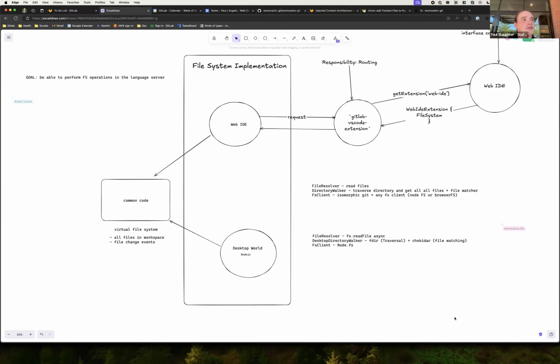Let me think. Like you launch the web IDE and pull up source/index.ts. That URI of the file, is it a URI, the actual data, or is it